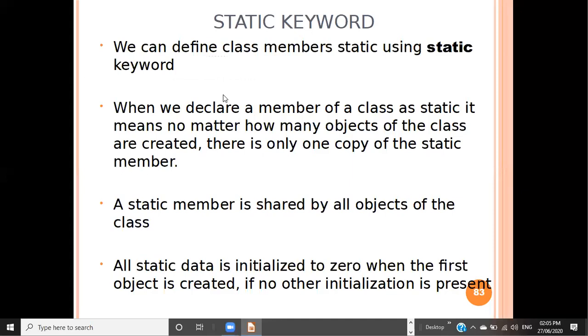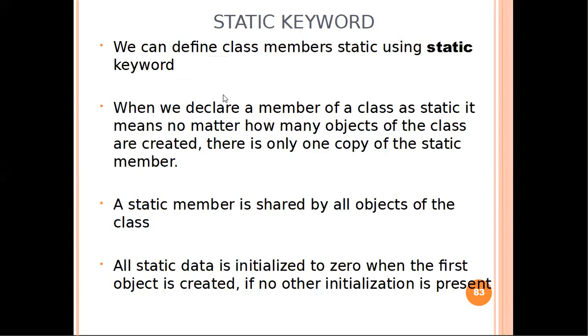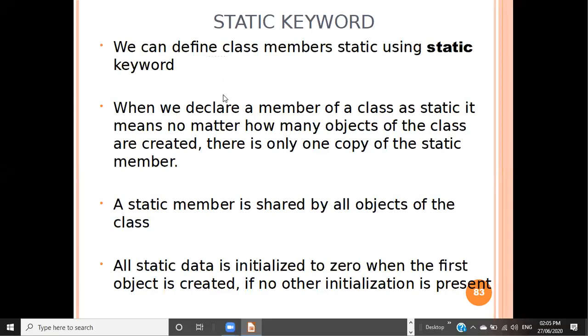So what is meant by class member? Variables declared in the class. Variable declaration. So what are the variables which we are using inside that particular program? Suppose we have to make that particular variable of static type. In that case, we use the static keyword with that variable at the time of declaration. Okay, so this is the first point.